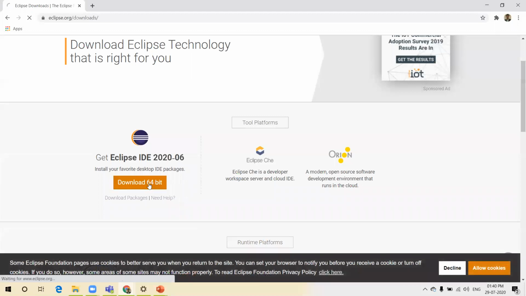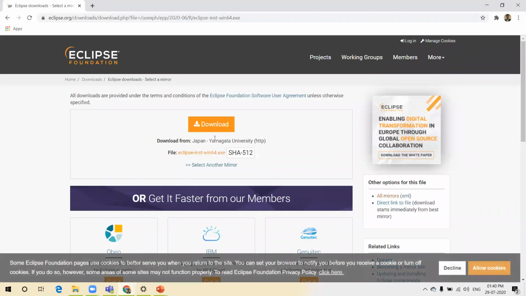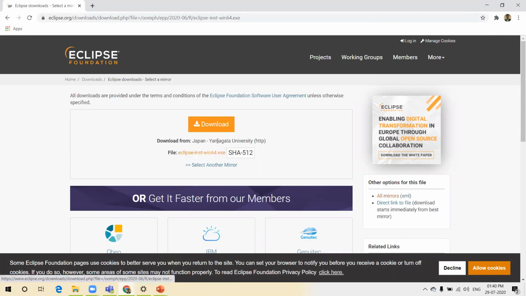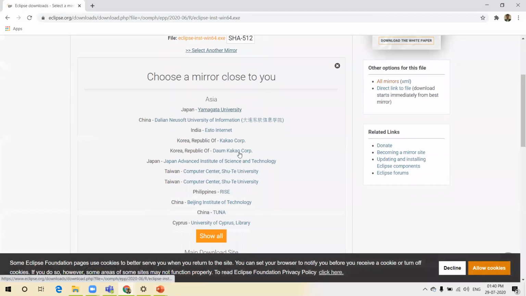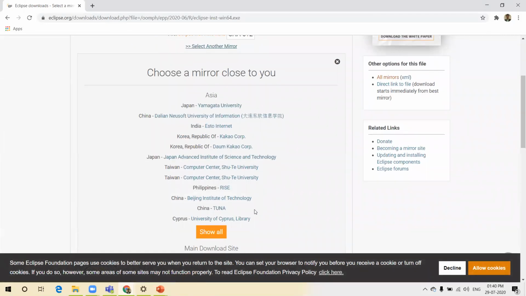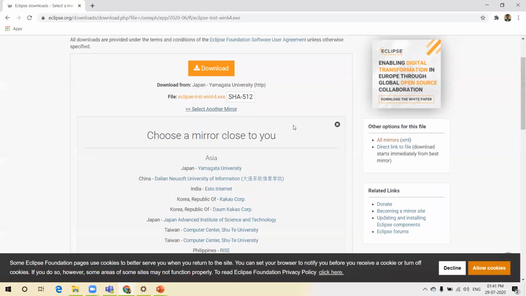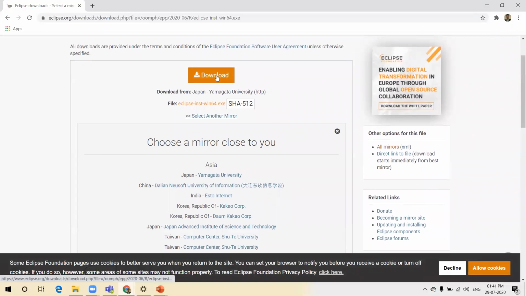Click on that and it automatically identifies your operating system, and you can see here you'll automatically get the compatible installer here. In our case, we got the .exe for Windows 64-bit. You can click on this file or download, or optionally you can select this another mirror link, and you can see a number of other links here. So you can choose the region nearest to you and click on it so that your download will be faster. I'll just click on this download